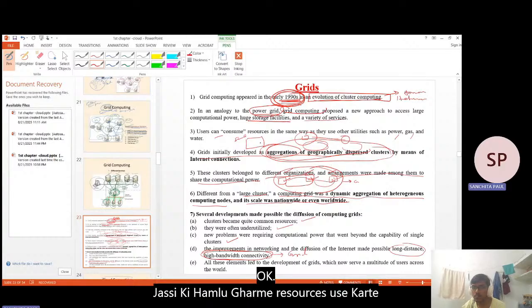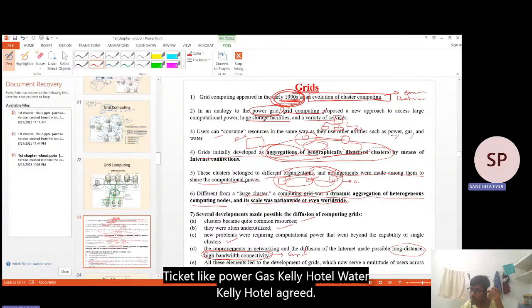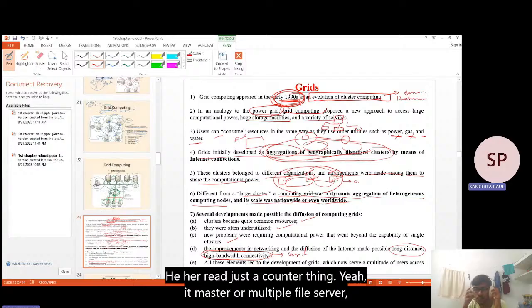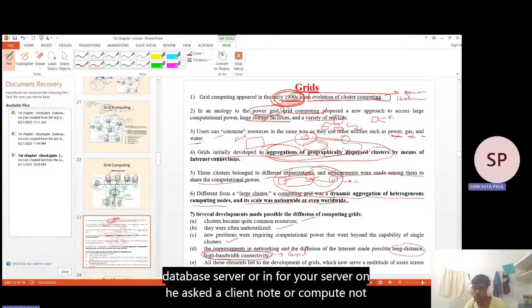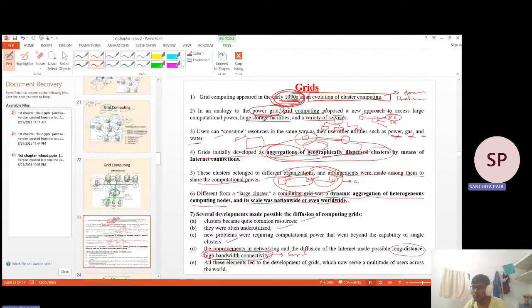Okay, जैसे कि हम लोग घर में रिसोर्सेज यूज करते हैं, पावर सप्लाई एक मास्टर होता है और उससे छोटे छोटे सर्वर्स में जाते हैं, छोटे छोटे घर में हमारे सप्लाईज आते हैं। ठीक है, लाइक पावर गैस के लिए होता है, वाटर के लिए होता है, ग्रिड इलेक्ट्रिसिटी के लिए होता है। ठीक है, तो वैसे ही हर ग्रिड जैसे काम करता है, यहाँ पे भी ग्रिड वैसे ही काम करता है। एक मास्टर होता है और वो कनेक्ट रहता है मल्टीपल फाइल सर्वर, डेटाबेस सर्वर और कोई और सर्वर, और यहाँ से क्लाइंट नोड और कंप्यूट नोड जस्ट रिक्वेस्ट करते हैं मास्टर को और मास्टर फिर इसका एक्सेसिंग पॉइंट इसको दे देता है, एक्सेसिंग रिक्वेस्ट दे देता है।